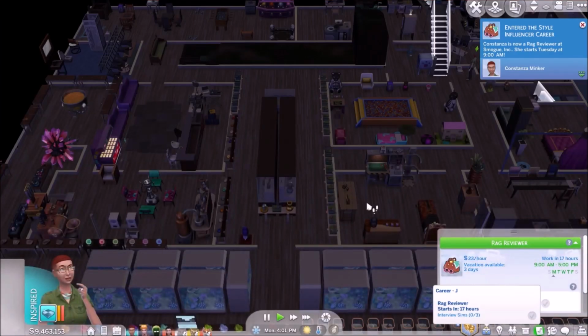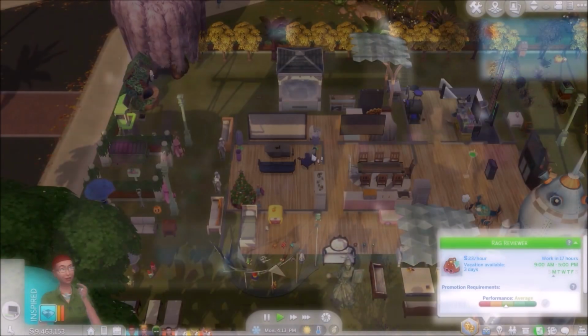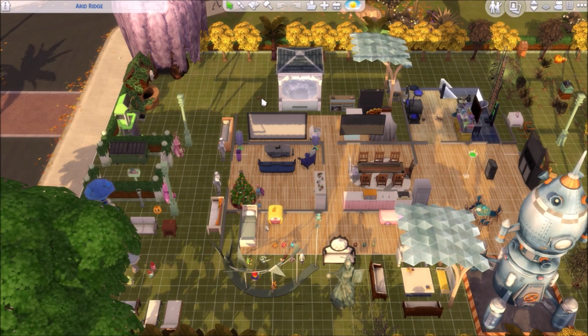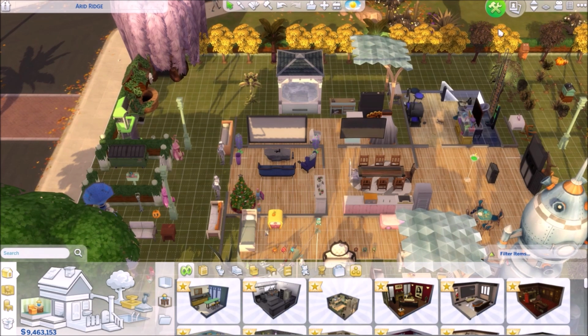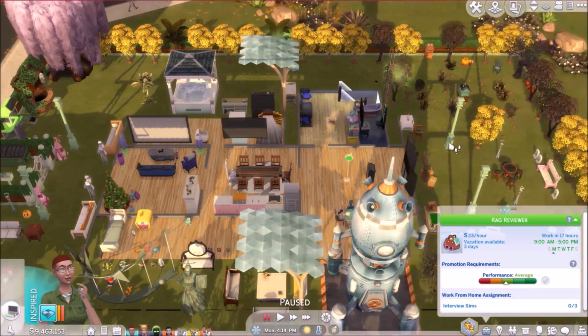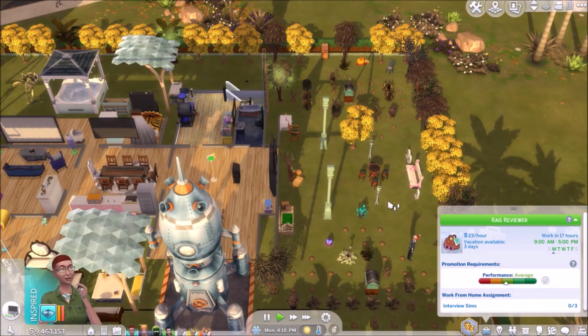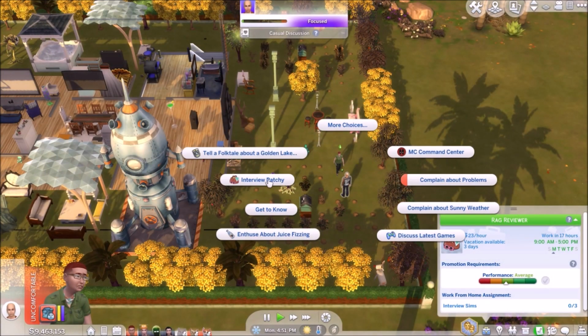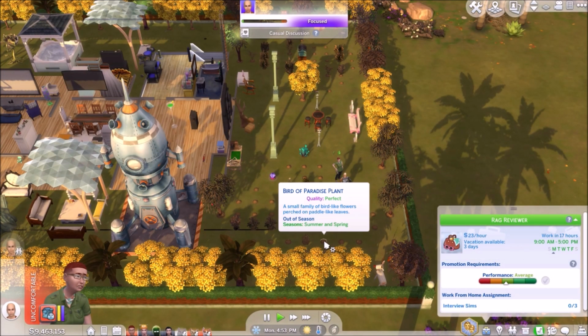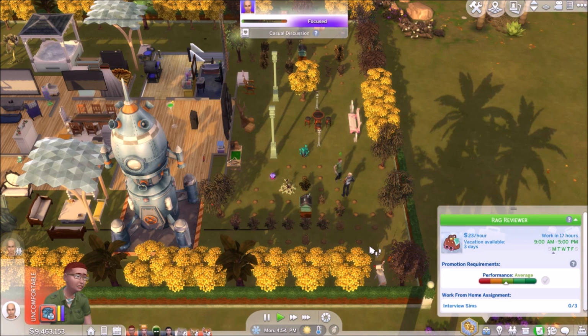She's got an extra assignment to do. She's got to go and interview some sims. Should be fairly straightforward. So we'll sort out Mr. Moo and then find her the first sim to go and interview. Maybe interview Patchy. Looks like we need to introduce ourselves first. So yeah, we'll get interviewing Patchy. And then we'll come back